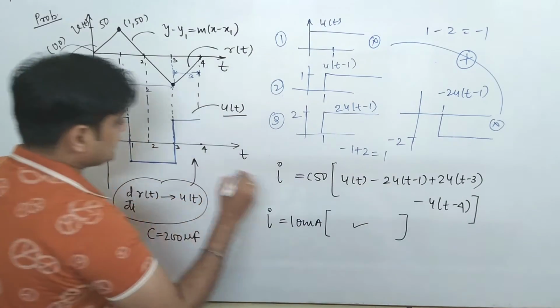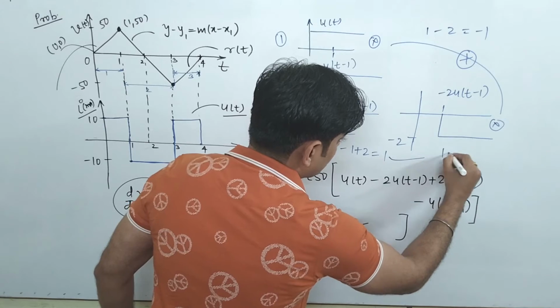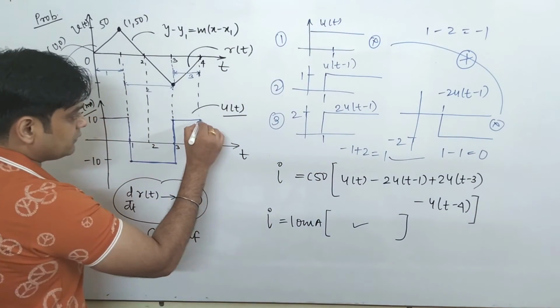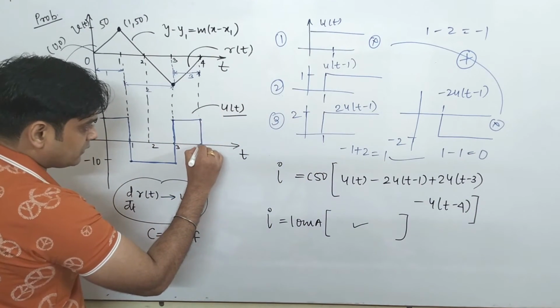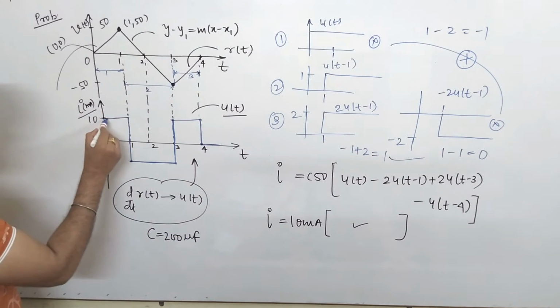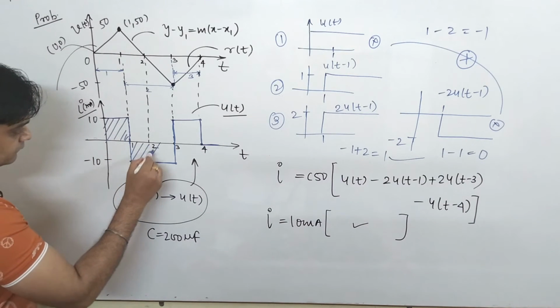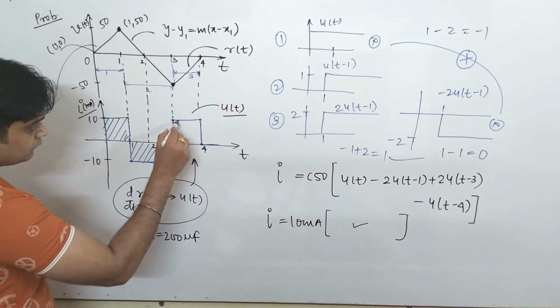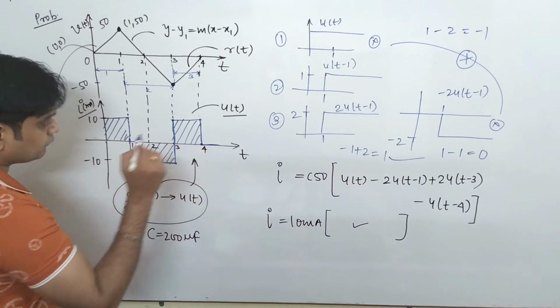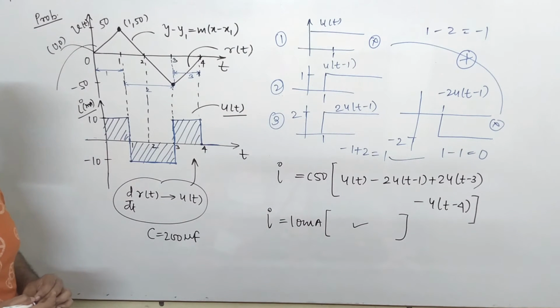But at u(t minus 4), you have to subtract 1, that is, this is your 1, so 1 minus 1 comes to be 0. So now this signal will come to your x-axis and now move in this fashion. So basically this is your signal. Okay, so this is V(t) and this is I(t) in milliamperes. Okay, so this is our first problem.